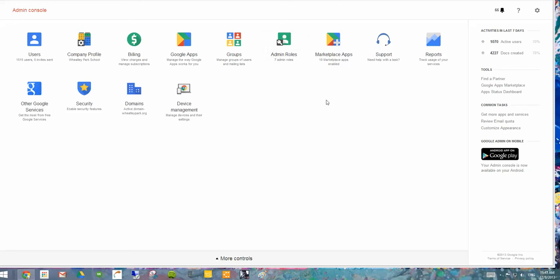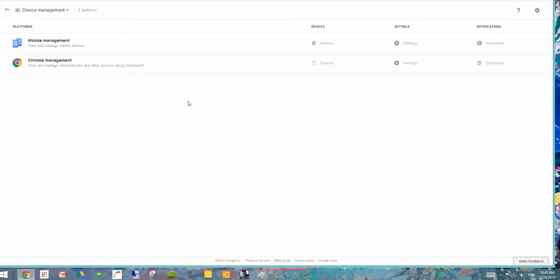Okay, so this is using the new look management console. So what we need to do is go into device management. If you don't see device management, click on the more controls down here and other things will pop up. You will need to be a super administrator to be able to do the things I'm about to do. So click on device management, and you should see two things: mobile management, so that's management of your mobile devices, so phones and things. That's a story for another day. You can manage Android devices to some extent using the Google Apps Management Console straight up. So we want Chrome management,